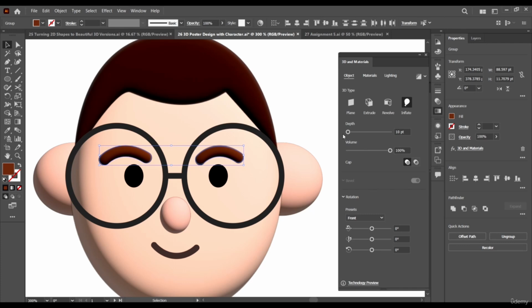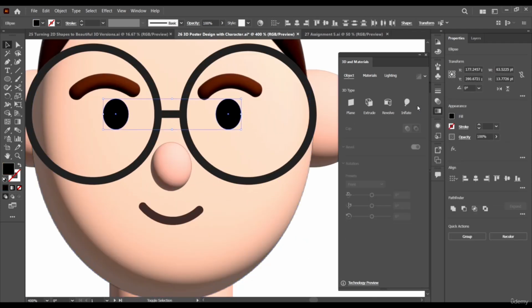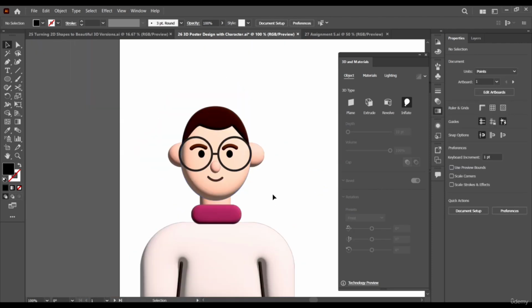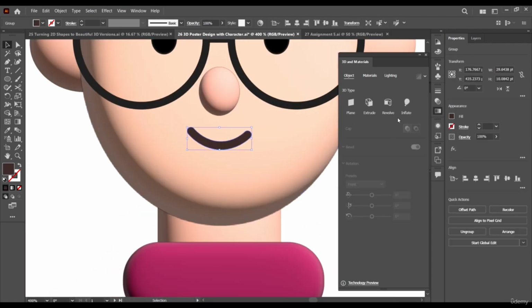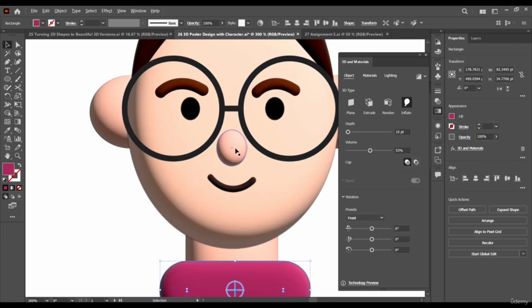The inflate effect will work. I was thinking of the extrude, but let's just work with the inflate. And we can just do this for the eyes also. Perfect. And for the mouth, maybe you do it also,